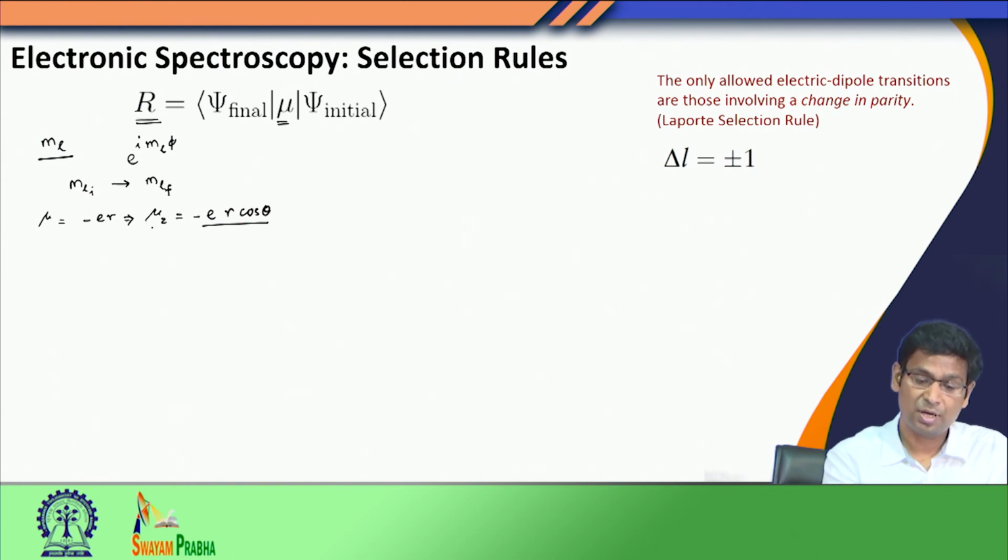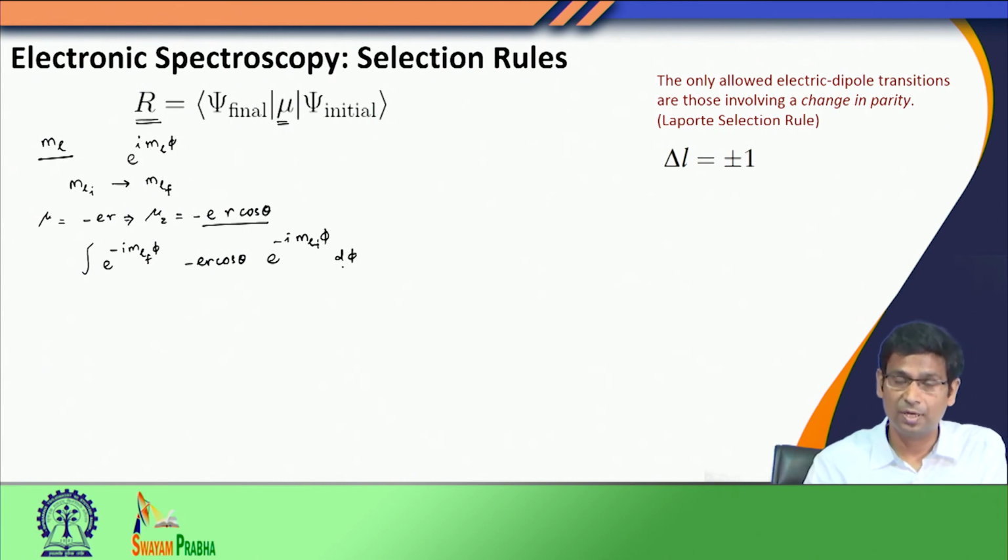Now, for the time being, we are considering only mu z, and then we will write down this integral: psi final, which is e to the power minus i m_l f phi, the mu, which is minus E r cosine theta, and psi initial, which is e to the power minus i m_l i phi, and then I am integrating this. Of course, I am ignoring what happens to the theta and r term, because I am only considering this d phi, whose limit, phi, goes from 0 to 2 pi. Since this operator part contains r and cosine theta, I am taking them out of this integration, and I am telling that this is proportional to